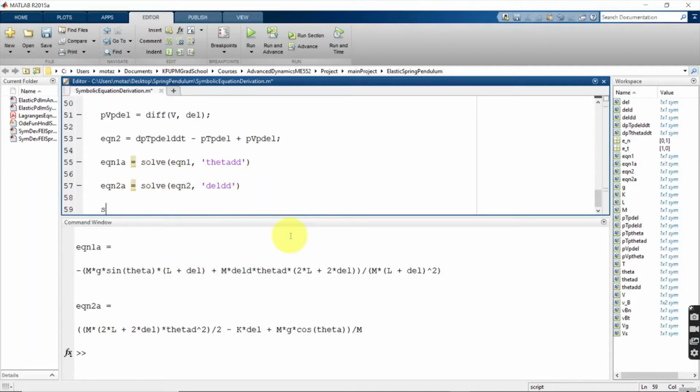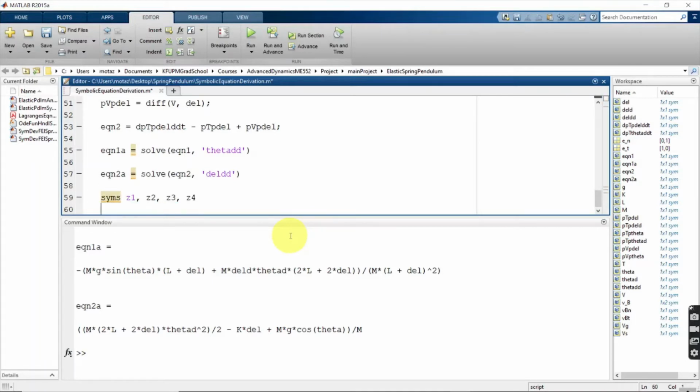So we can say some new symbols, Z1, Z2, Z3, and Z4. I'll have to come up with another name for the equation. We'll call it FY1,